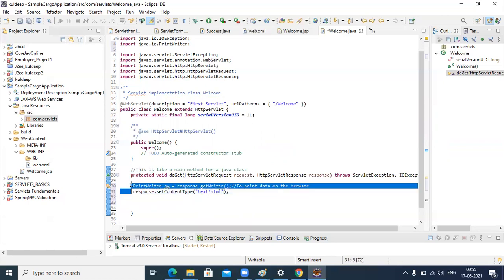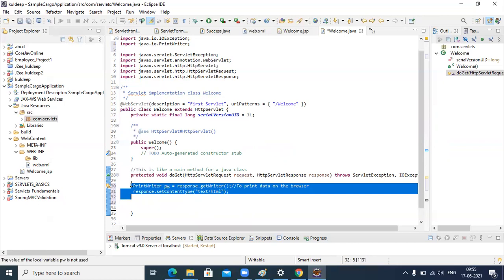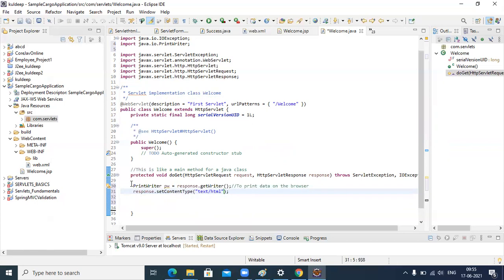These two things specify that whatever output is generated should be redirected to the browser. The response is redirected to the browser. Any doubt so far?